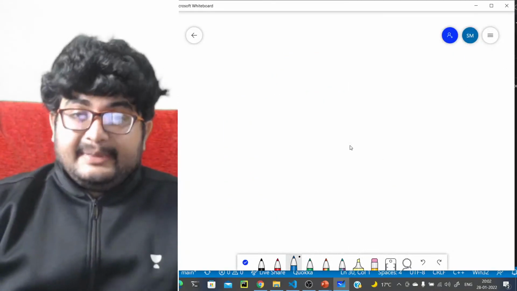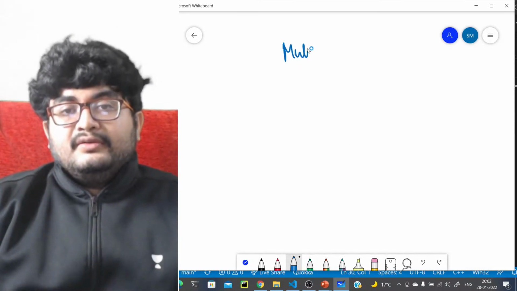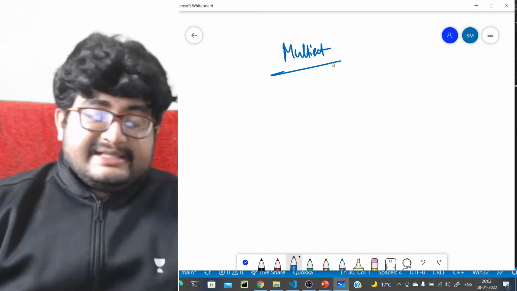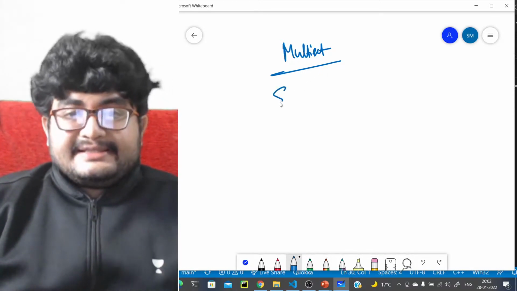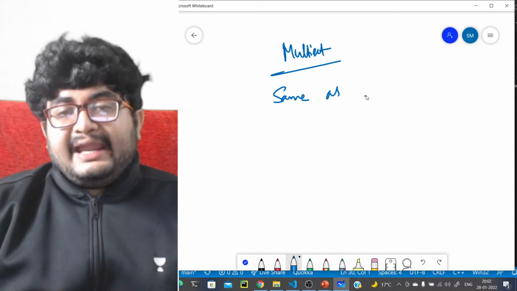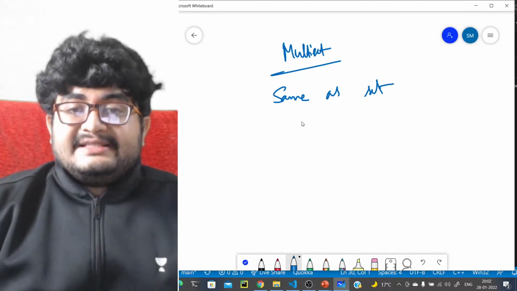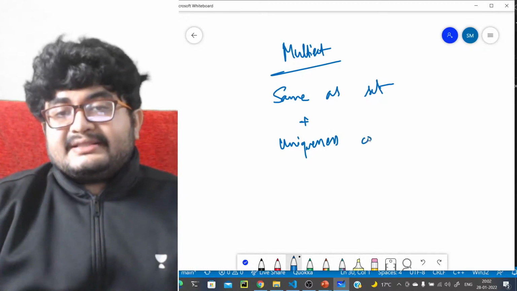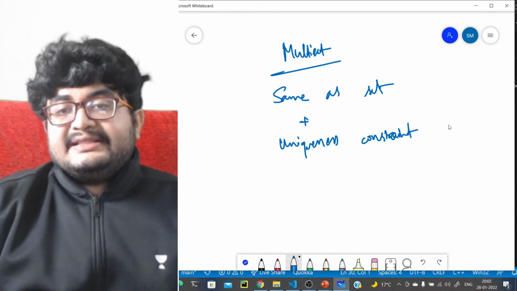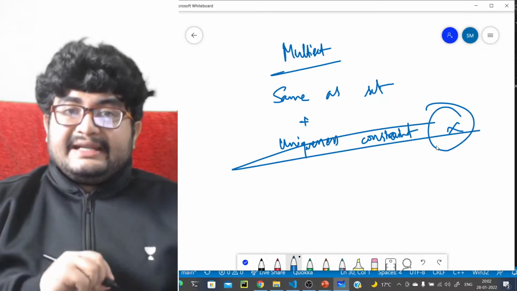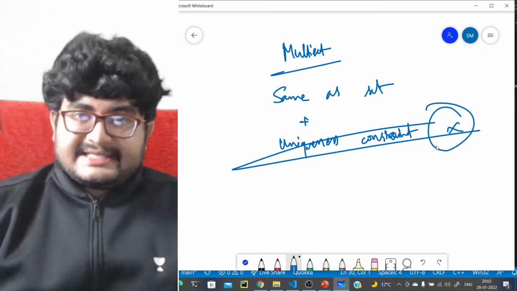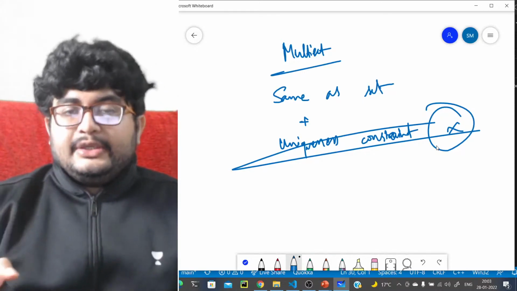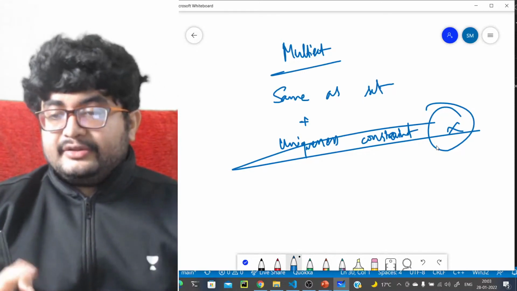So the next thing that we come to is multiset. It just solves one extra problem that was there with set. Multiset is similar to a set, the same as set. The only difference is that the uniqueness constraint is not there. That is, set only stores unique elements; this constraint is not there. Other than that, it is the same as set. If you want to store multiple occurrences of an element, you should use a multiset.